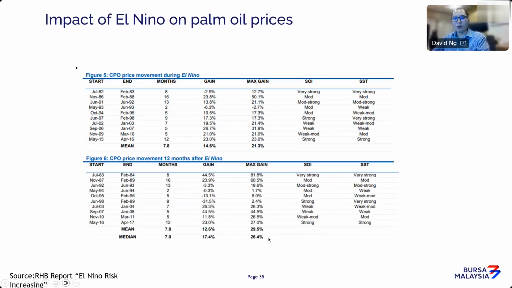Now, I'm not going to go too much into weather extremities, but the key thing is that if the El Nino weather phenomenon happens, if it's a confirmed El Nino, normally you expect prices to jump quite rapidly. If that's not the case, then you should see prices tend to hover around for a certain period. But when weather extremities start to confirm, normally you start to see strong prices going forward.